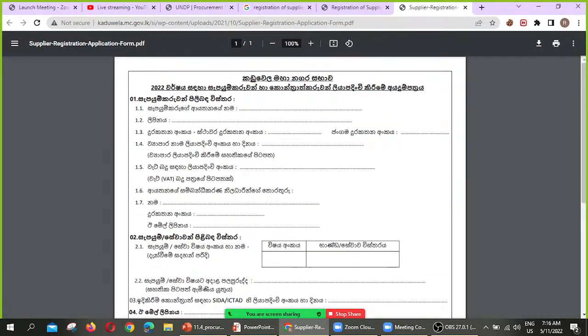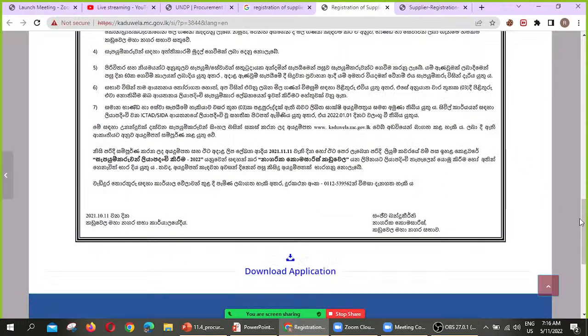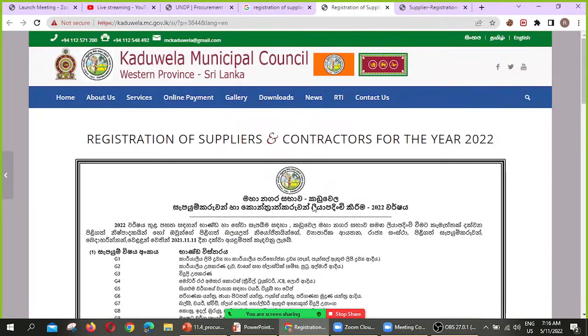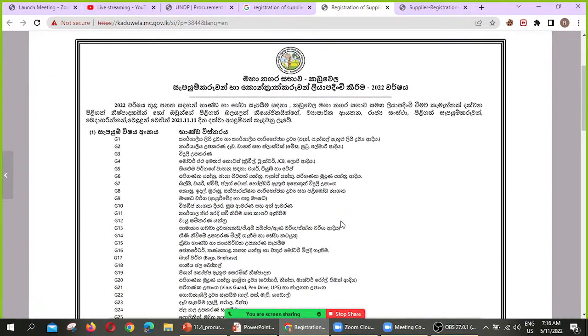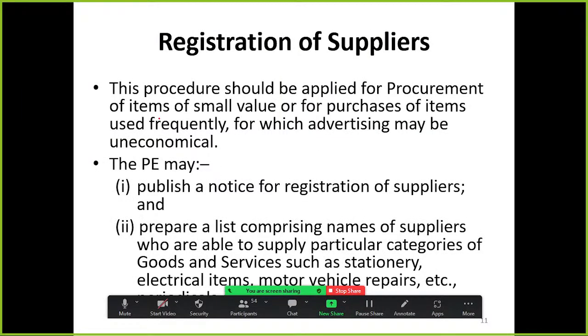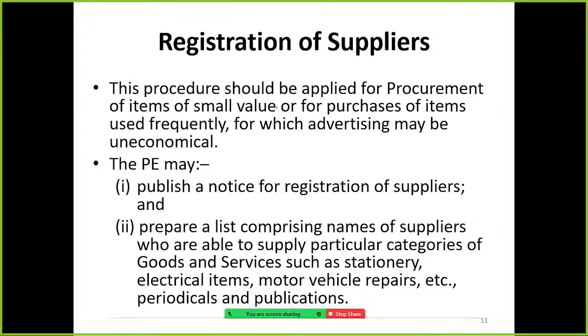So whenever the municipal council needs an item, they will send a letter requesting which item they want and what they want. This procedure should be applied for procurement of items of small values, or for purchase of items used frequently, for which advertising may be uneconomical.